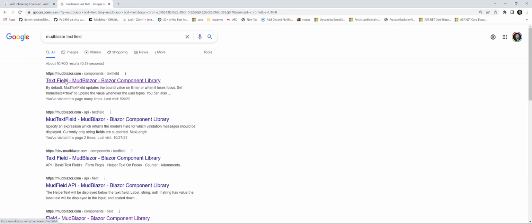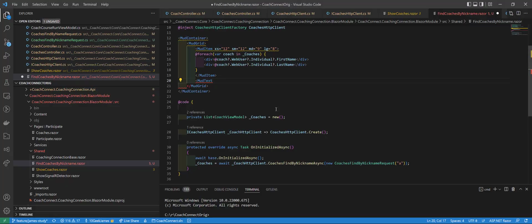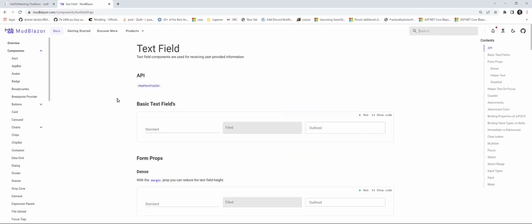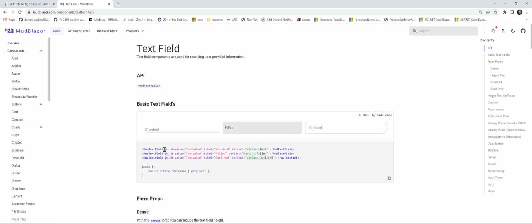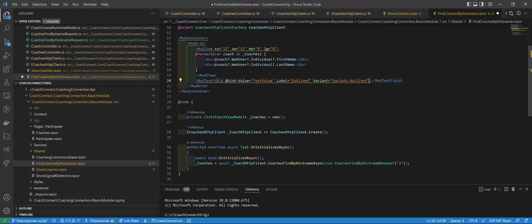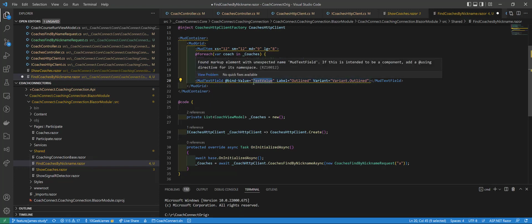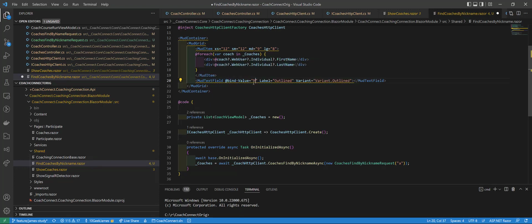I'll take it. Mud text field. We're getting there. And we want this one. Let's say